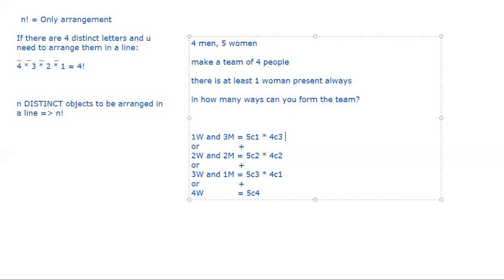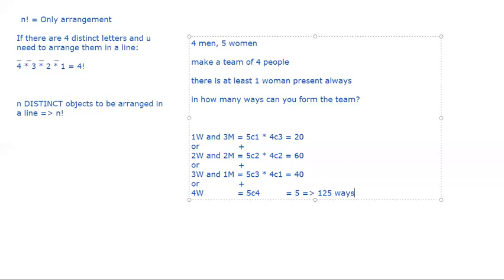Now let's quickly calculate this. You get accustomed to that formula gradually. Meanwhile, I'll just quickly tell you the calculations. 5C1 is 5, 4C3 is 4, so that's 20. I'll give you some shortcuts regarding that later on. 5C2 is 10, 4C2 is 6, so that's 60. This is again 10, 40, and 5C4 is 5. The sum now comes out to be 125. 125 ways.